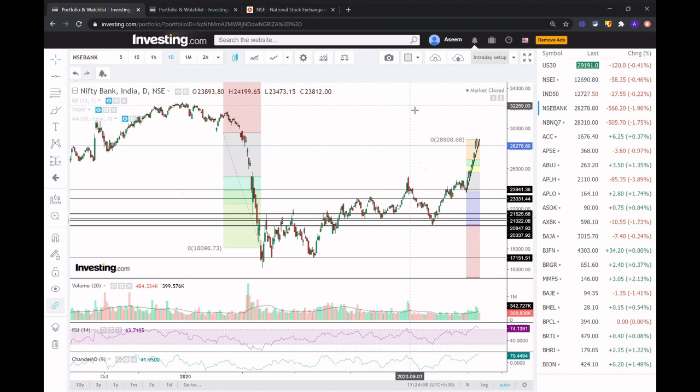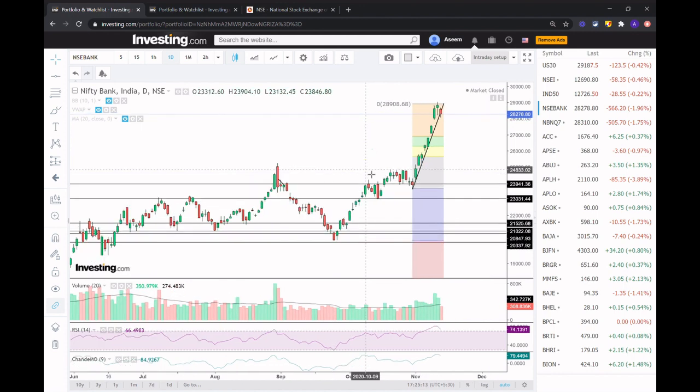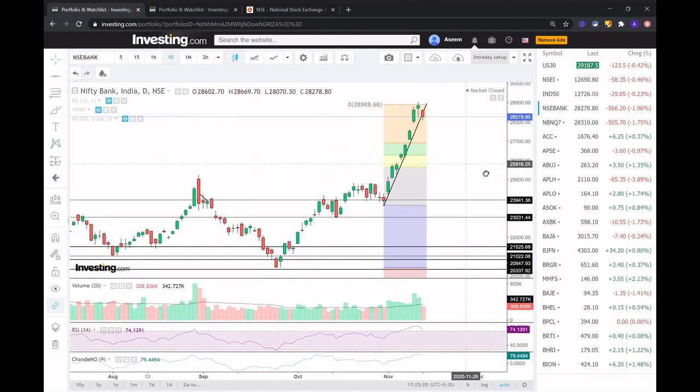But if we compare Nifty and Bank Nifty from pre-corona levels to now, Nifty has already made a new all-time high, whereas Bank Nifty is still 10% away from that level. So that is an interesting thing. But yeah, great run up, great catch up by Bank Nifty from an overall point of view. Now let's take a little bit of a